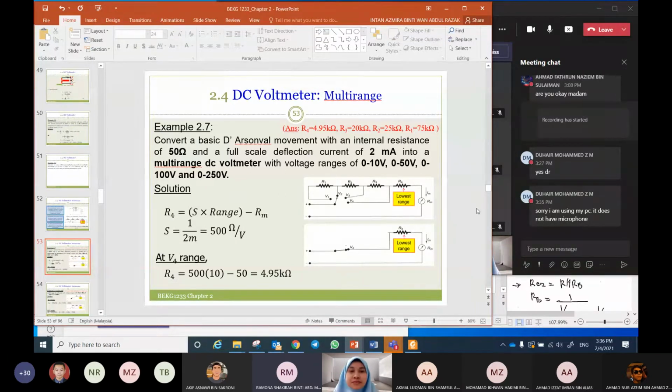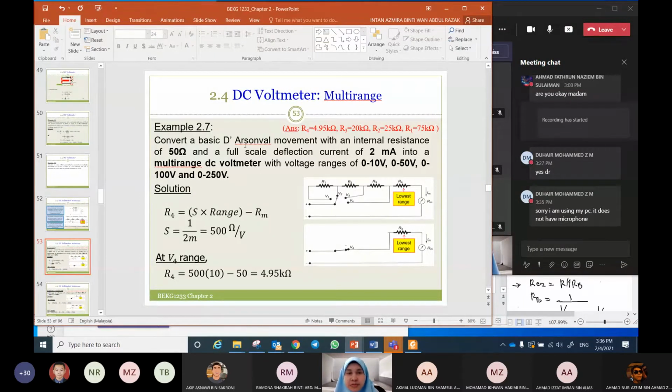Connecting a number of resistors in series. Pandai. By connecting, for a single range DC voltmeter, a multiplier resistance or a series resistance in series